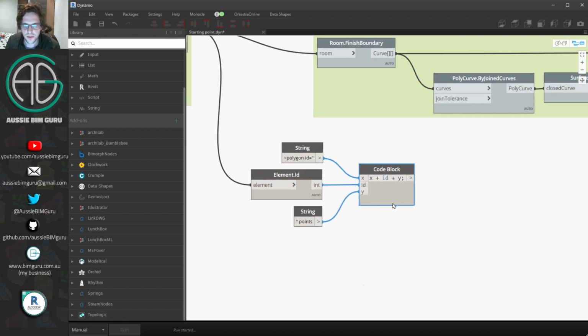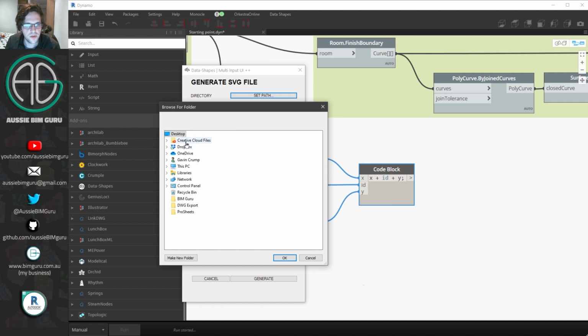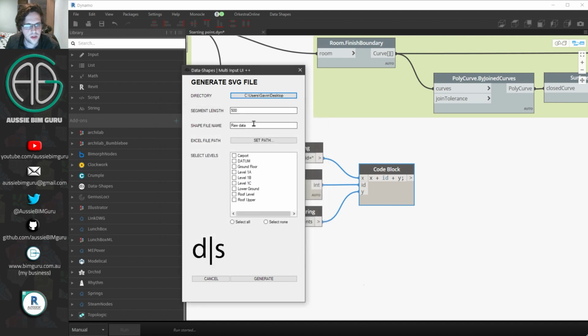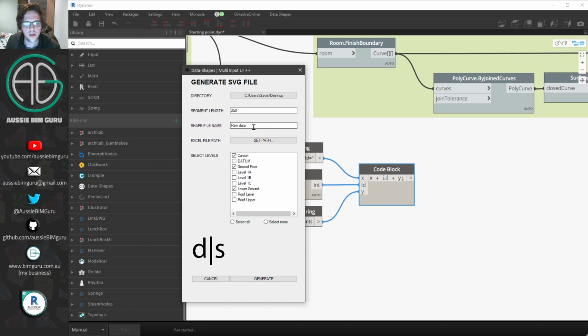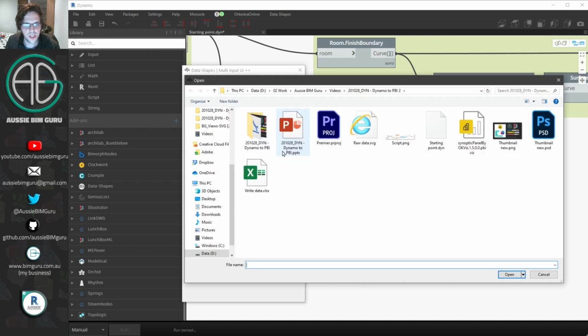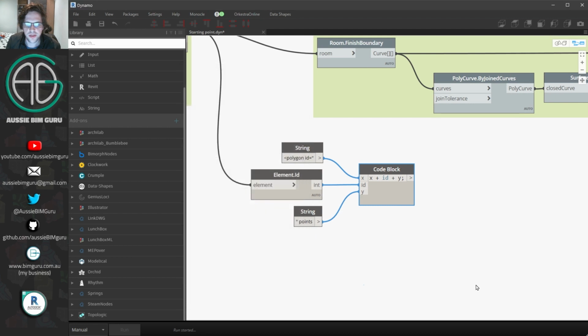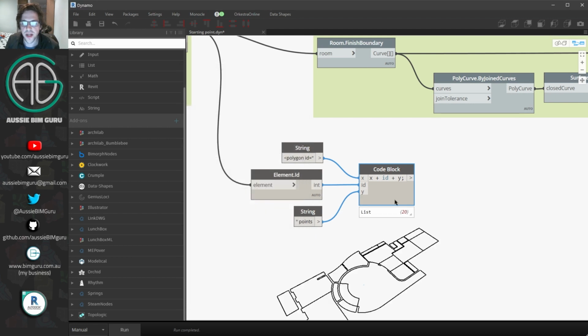Now if I run my script, I'll just need to set a few of these things again whilst we work. So I'm going to say 250 raw data. I'm going to delete my current shapefile so I can write a new one. And I'm just going to call this working file. I'm just going to make sure I'm pointing to an actual Excel file. So you make sure you have an empty Excel file to point to, because we are going to start using this file quite soon. But for now, I'm going to generate, and this will go and generate a shapefile